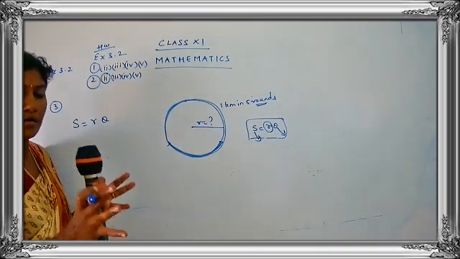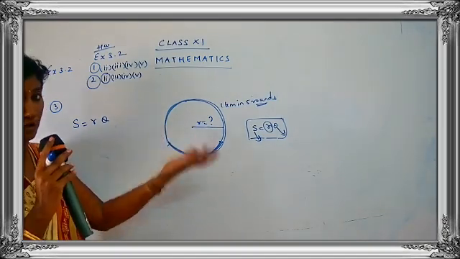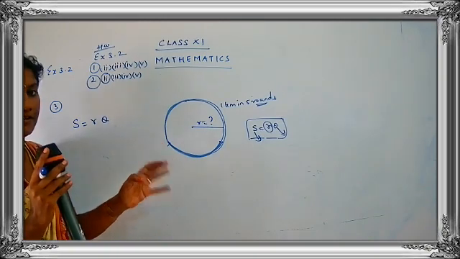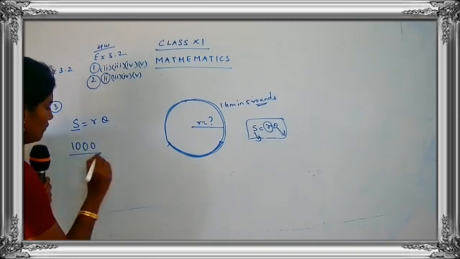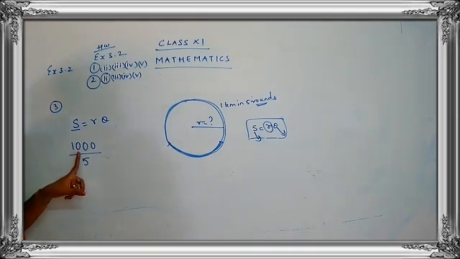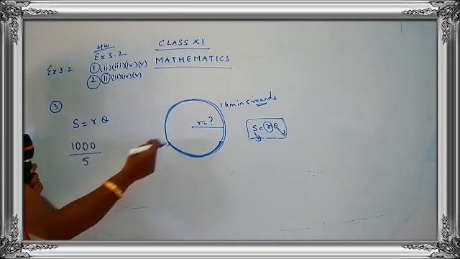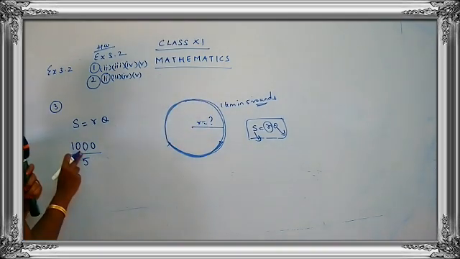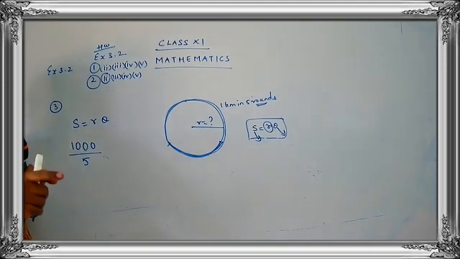Okay, in 5 rounds, how much distance he is going to cover? 1 kilometer. And I have told you, don't write the answer in terms of kilometer. You have to take the answer in terms of meter. So, I'll be writing the value for arc length as 1000 upon 5. He is covering 1 kilometer in 5 rounds. So you have to write down here 1000 upon 5 and that will be your S. Okay, the arc length. 1000 upon 5. Are you clear, children, how I get 1000 upon 5? 1000 is the distance covered and 5 is the number of rounds he has taken to cover the distance.